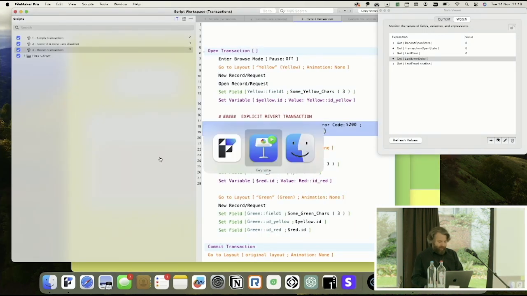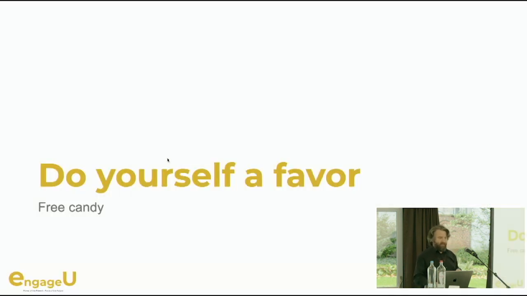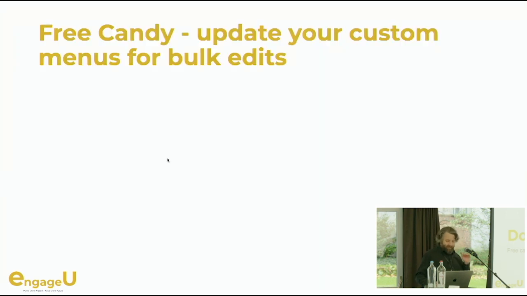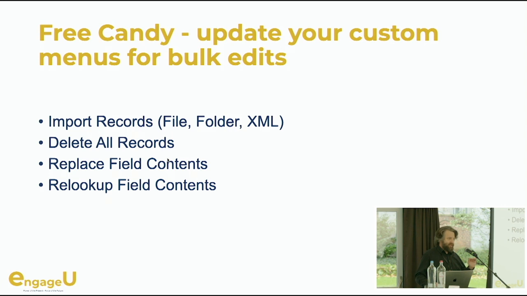So back to my presentation, and just some free candy that you can take home. Very easy. Don't wait. If you have a developer toolset, first thing to do, edit your default custom menus. All these bulk actions, bulk edit commands that you have in the menu, just replace them with scripts, right? Import records, delete all records, replace field content, relookup field content. Just replace them